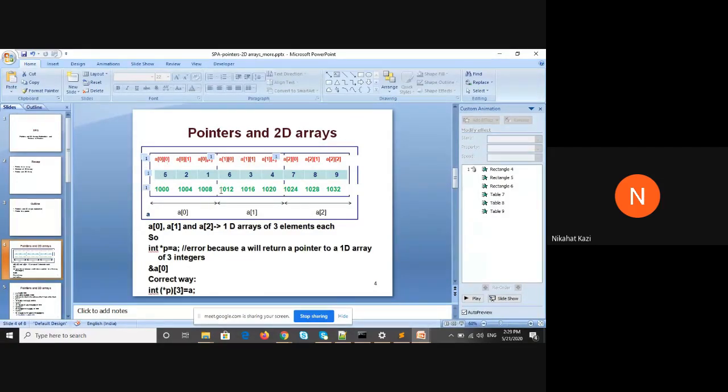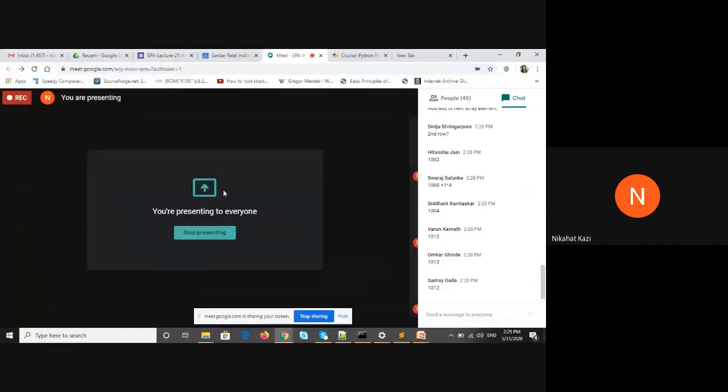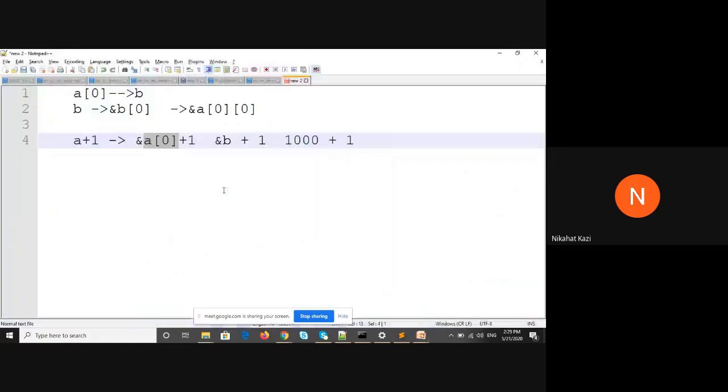Everyone agrees the size of array A of 0 is 12 bytes. So you need to add 1 into 12 to it. The answer to this expression will be 1012.